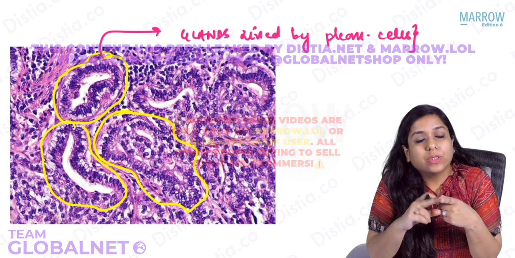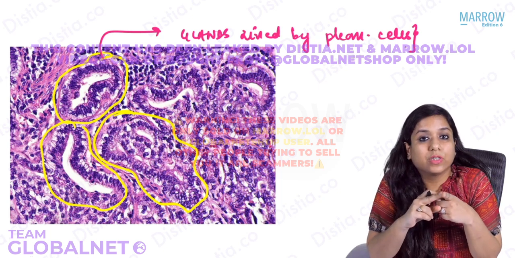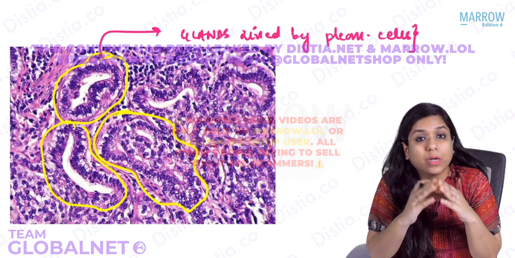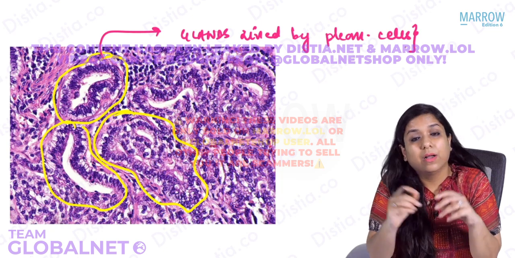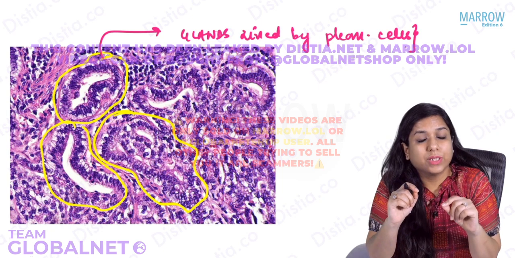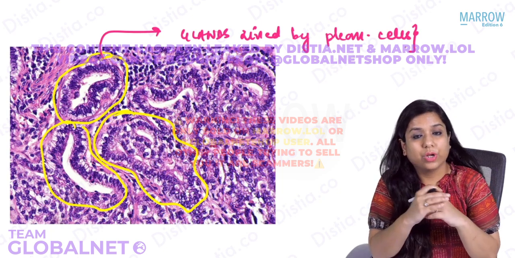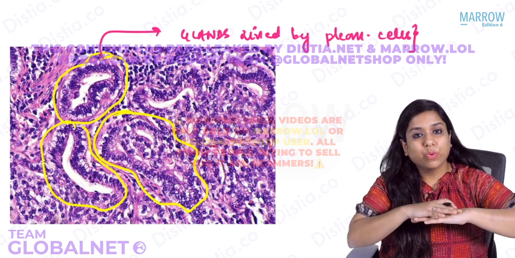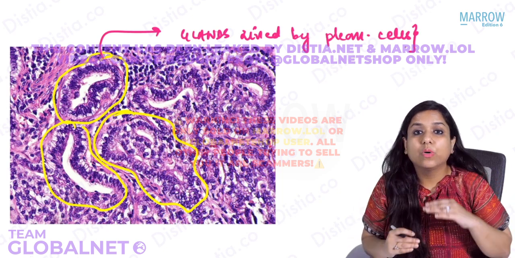Now, the next question is, what is the most important prognostic factor for esophageal cancer? Students, this is not a very good cancer. I have seen patients dying quite quickly if a patient has esophageal cancer. Not a good cancer, but what determines the prognosis in most of the GI malignancies is the depth of invasion. Where is the tumor exactly penetrating? The tumor in mucosa and submucosa is better as compared to tumor which is penetrating all the layers,